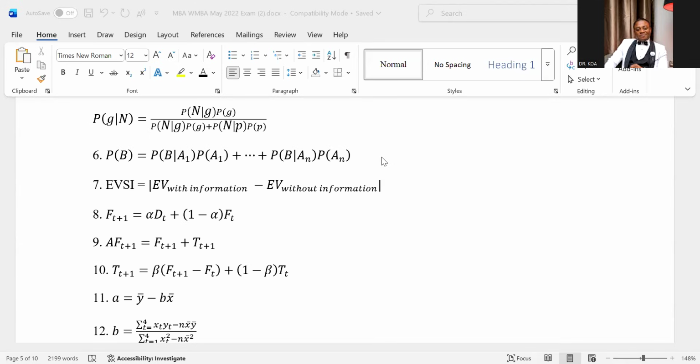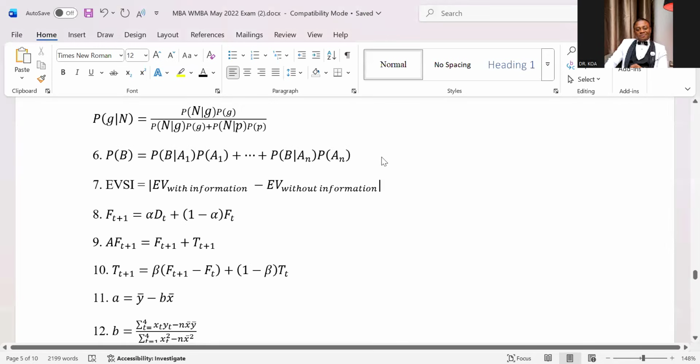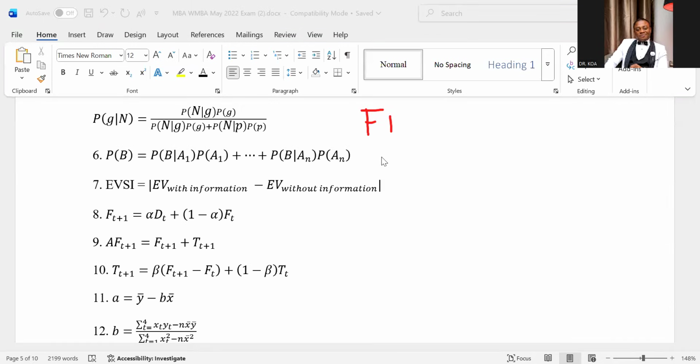Okay, thank you. So first I need to know my F1, because we're about to do F2. F2 is the FT plus 1. So I need to know my F1, because this one that you see here is the current, the 1 plus 1, which is F2. But the good news is that we have been told in the question that what? You all have the question. I don't want to scroll up. We have been told in the question that what?